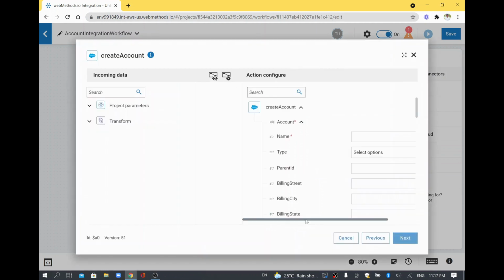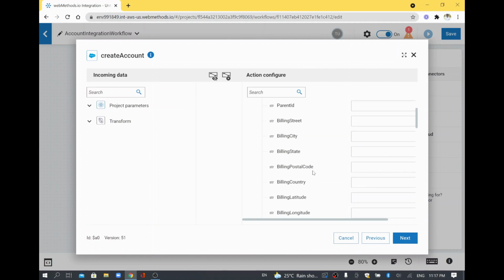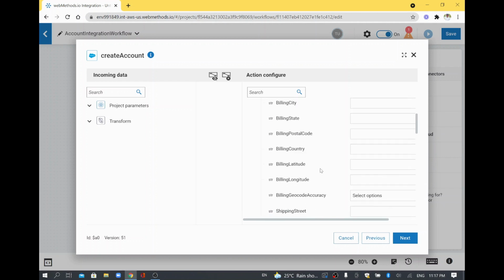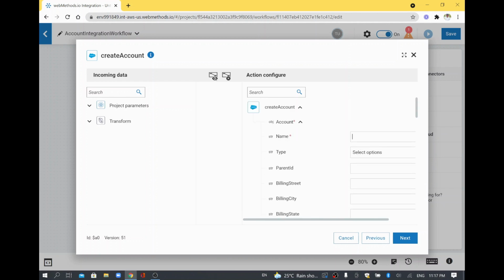I'll click next, and this is the create account information where you have many fields. In order to create the Salesforce account, you have a lot of information, but only the name is mandatory. If I fill in a name, I can send the record from the WebMethod.io platform to my Salesforce environment, so that it gets created in Salesforce.